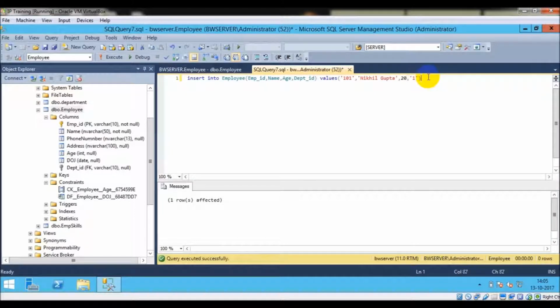Now let's try to insert another record. I'll just change this one and I'll say Himanshu Verma, the age, and I want to add date of joining this time, so I'll add date of joining, say before the age, so that I can show you that it doesn't matter in which order we specify the fields, but we have to specify the values in the order we specify the fields here. So we put, say, 2017, 4 and 4,